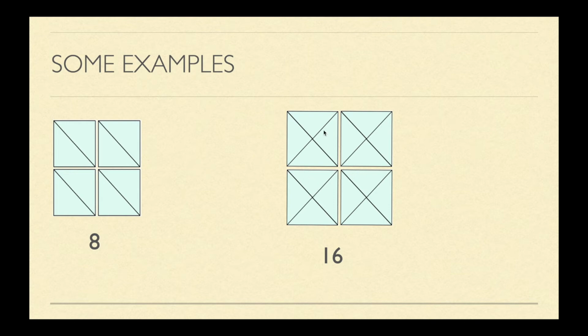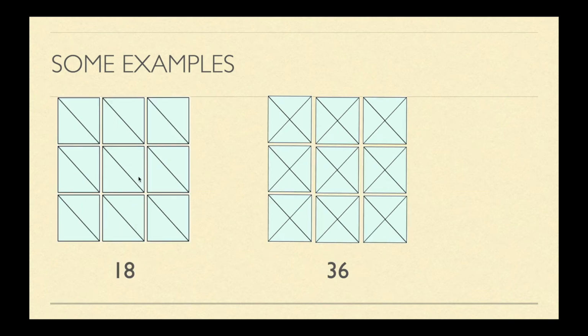And in case of the square with 4 isosceles triangles, we can make a 2 cross 2 square with 4 into 4, that is 16 actually. So 4 squares into 4 isosceles triangles each, that is 16. Now if we talk about a 3 cross 3 square, 3 cross 3 is 9. So 9 into 2, that is 18.